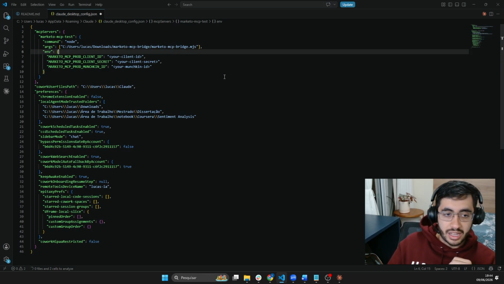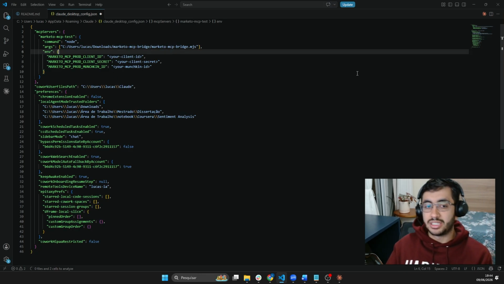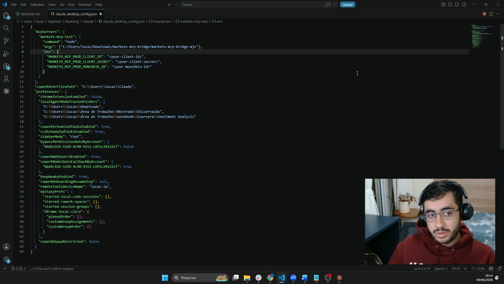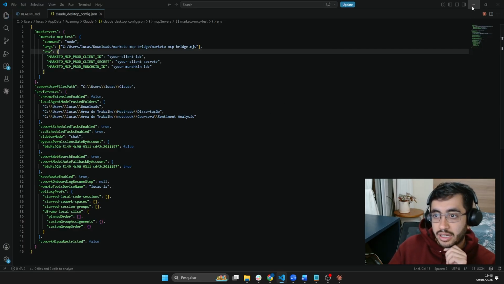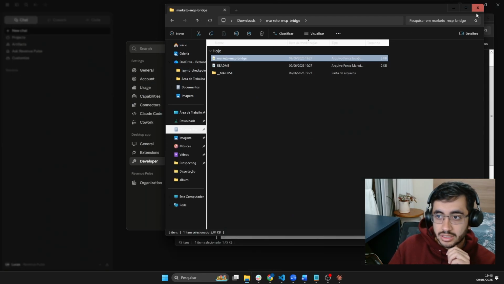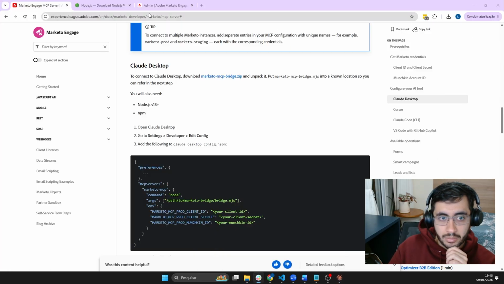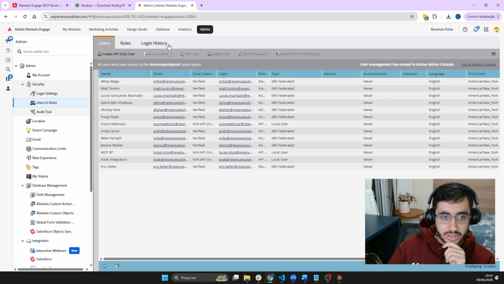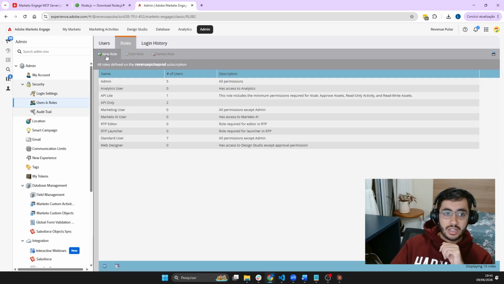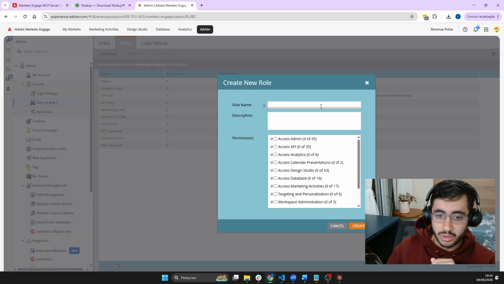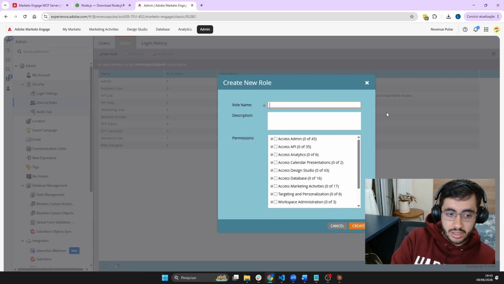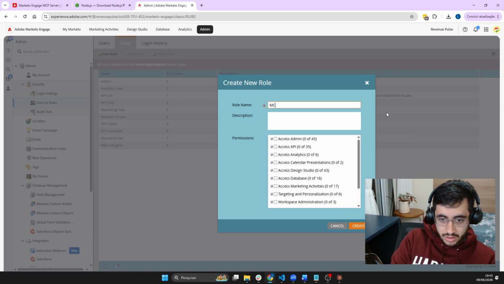And now I have to get my client ID and my client secret and my Munchkin ID from Marketo, and this would be exactly as my APIs would work. So I have to set it up in Marketo just like I would set it up in the API service. So I minimize all these tabs and I go back to Marketo, Users and Roles. I can go to Roles here. Let's set up a specific role for the MCP. MCP access